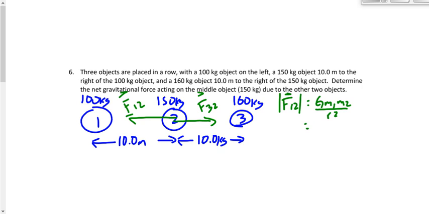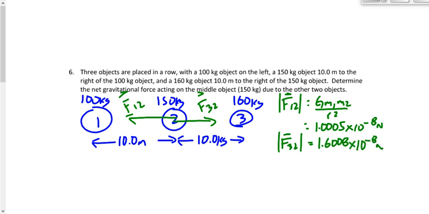So 6.67 times 10 to the minus 11 times 100 times 150 divided by 10 squared, not 10, but 10 squared, gives me 1.0005 times 10 to the minus 8 newtons. And then the force of 3 on 2, all 4 in a really similar way, 1.6008 times 10 to the negative 8 newtons. And then we say,